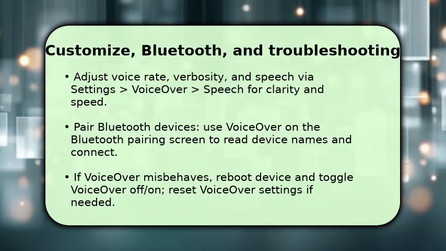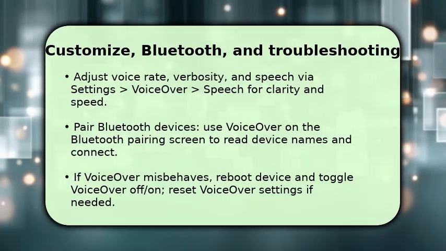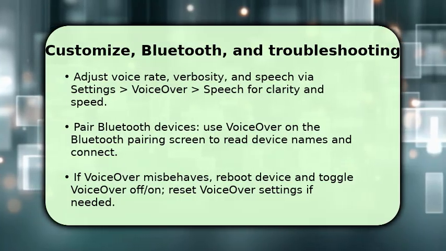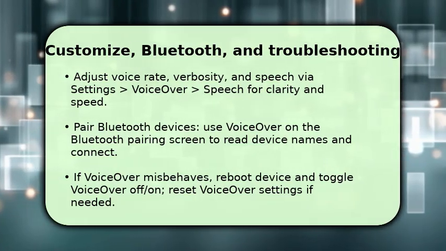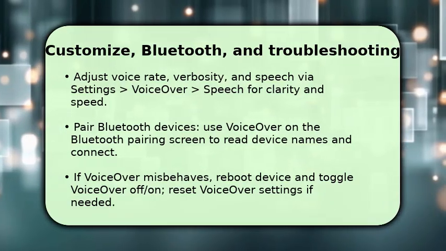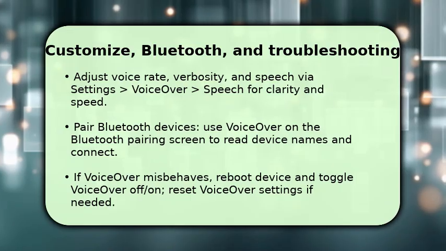Go to VoiceOver settings to change speech voice, rate, verbosity, and rotor options. Slower speech helps when learning, while a distinct voice improves recognition. Pair a Bluetooth keyboard or headset and use VoiceOver to announce device names during pairing, then practice using keyboard shortcuts